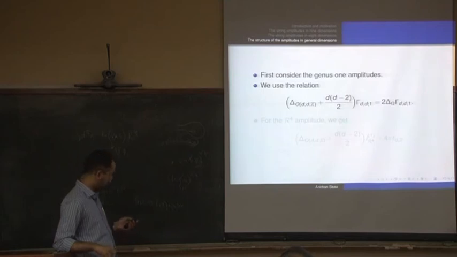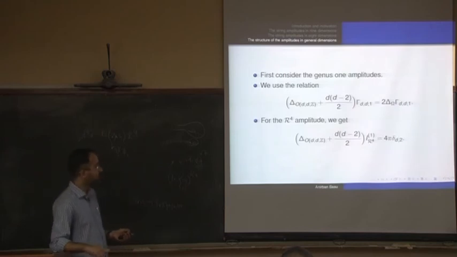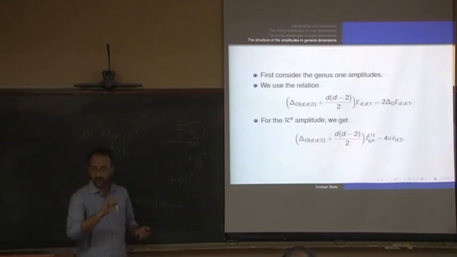This is the relation. For the R^4 amplitude, I already told you, there's a 4, 5 in 8 dimensions. I'm not going to repeat it, it's the same. I've already done that. And the important thing is that now you immediately get these expressions here. They come out very easily just from the properties of this derivative operator, and the fact that each of the integrands has very simple properties.